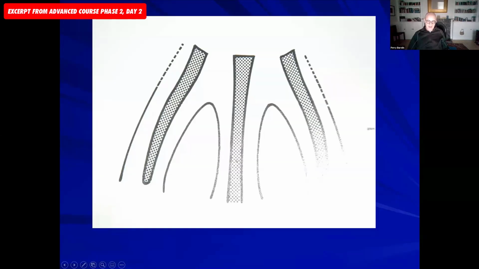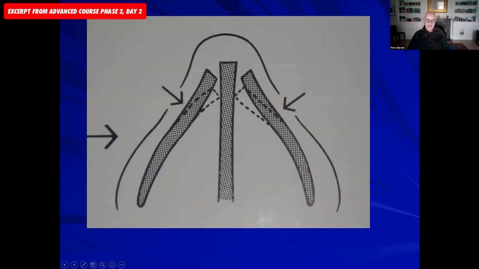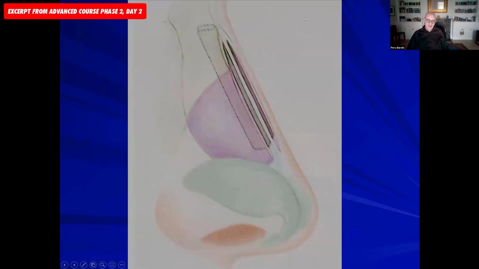working better. And so the problem with the old style operations is when they took the top off the nose, when they took the top off the egg, what happened was they disarticulated the upper lateral cartilage from the septum, and this part here would simply collapse in here. And this is what's given people what we call the inverted V deformity. So if you look at Michelle Pfeiffer's nose, you'll see how it's really quite pinched in the middle part of the nose. And so what we've done is try to somehow